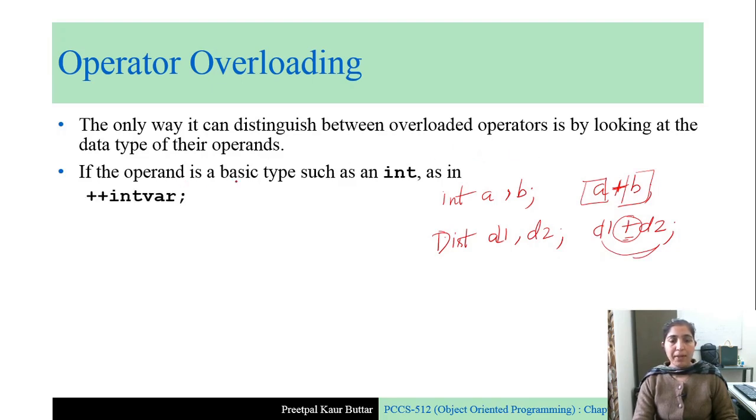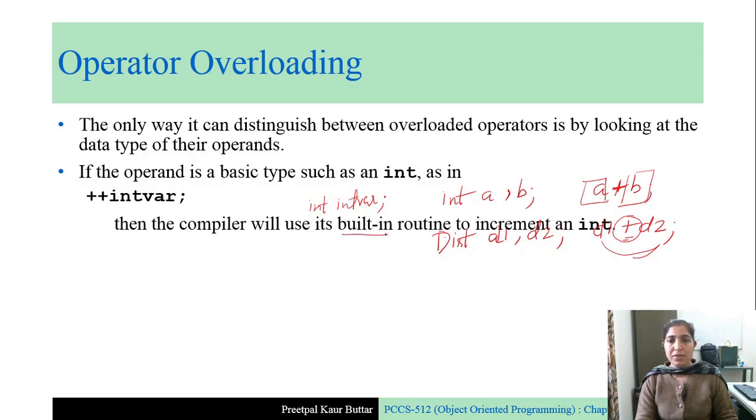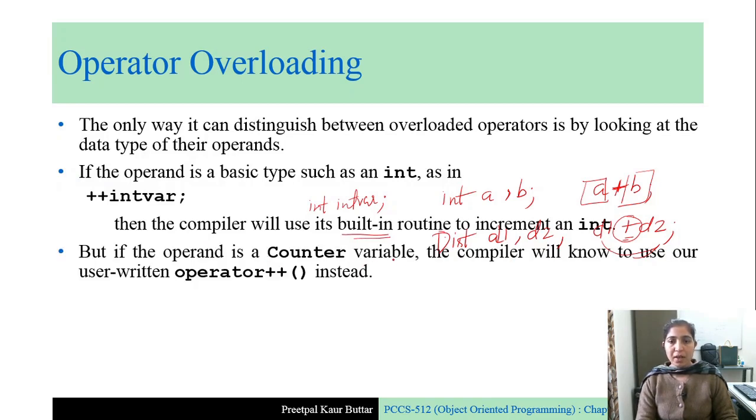So if the operand is a basic type such as int, as in plus plus intVariable, where intVariable is a normal variable of type int, then it will use the normal increment operator. So it will use the built-in routine to increment an integer, right? But if the operand is a Counter variable, then the compiler will look at the definition of this operator plus plus, this function,